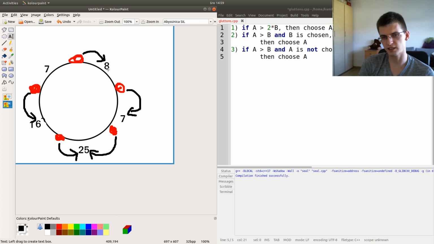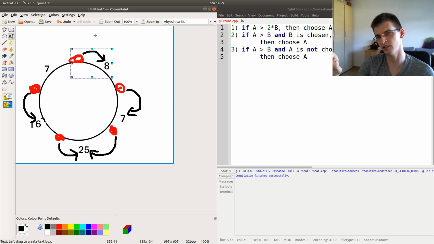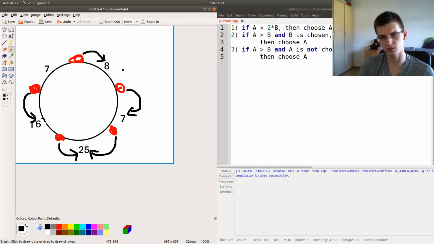Also, please notice that starting from this moment where somebody took a cake to the right, every next person for sure will take a cake to the right, because taking the other cake, so for this guy to take a cake to the left, would mean getting only half of this value.